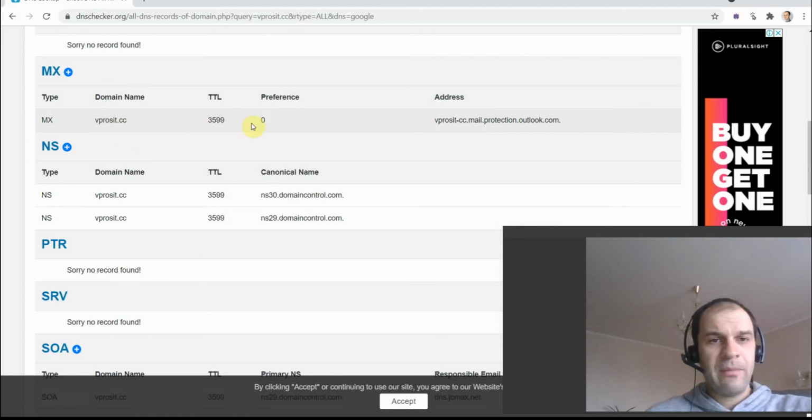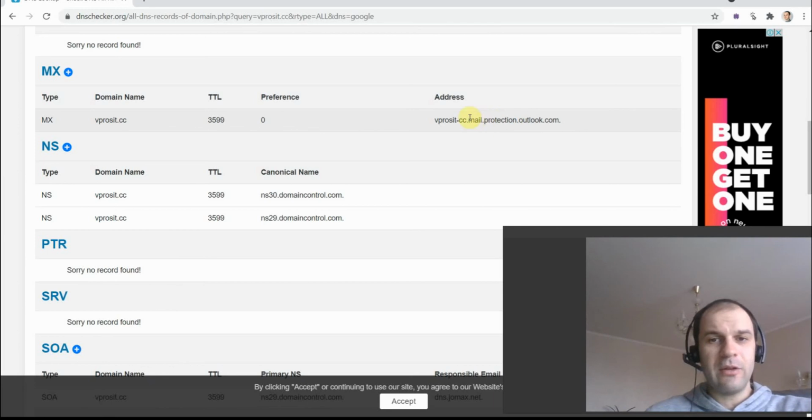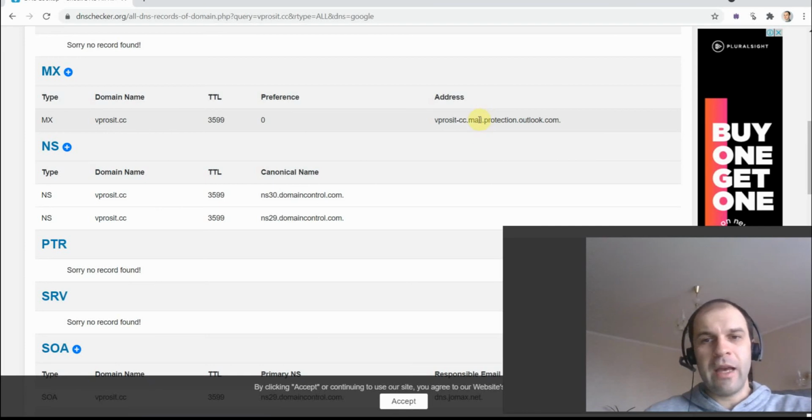So MX record, it has a special TTL, but it's not relevant. The important thing is this one here, right? So if I look at this part right here, you see it shows my domain, and then it goes to mail.protection.outlook.com. So this is a mail service of Microsoft, right? Outlook.com, and it goes to this protection. So it's like a filter, so it goes through a specific service, like the endpoint where everything gets filtered, right? And then it goes to